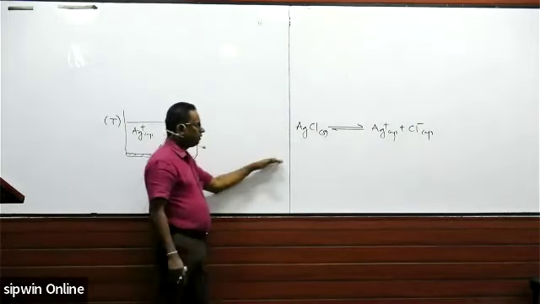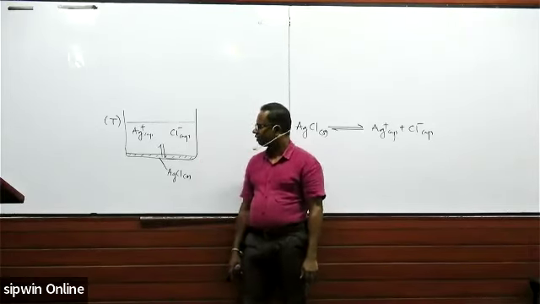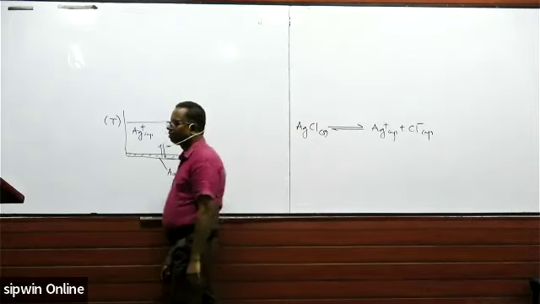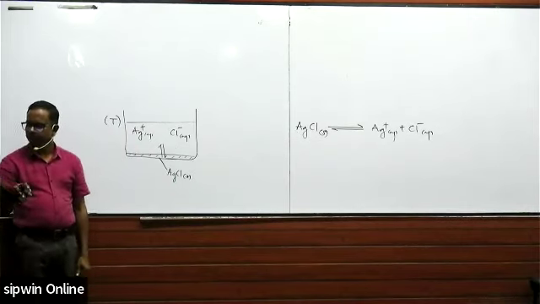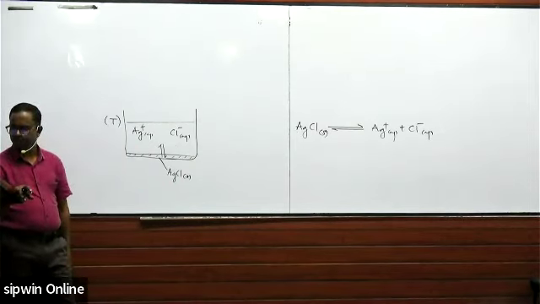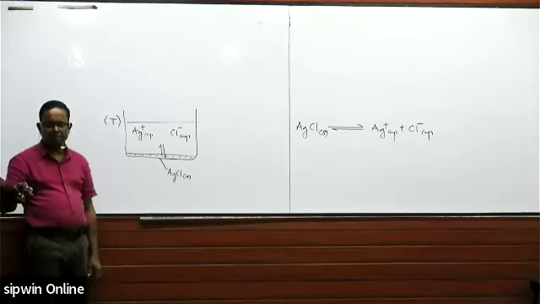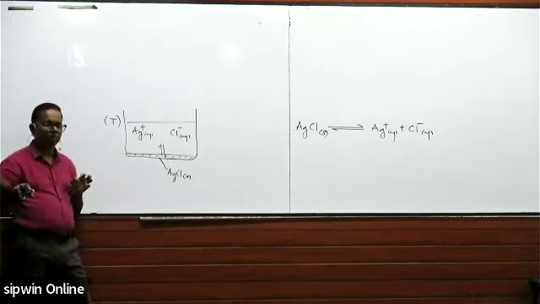Then, at a constant temperature, silver chloride produces an equilibrium as above. Next line. At the equilibrium,